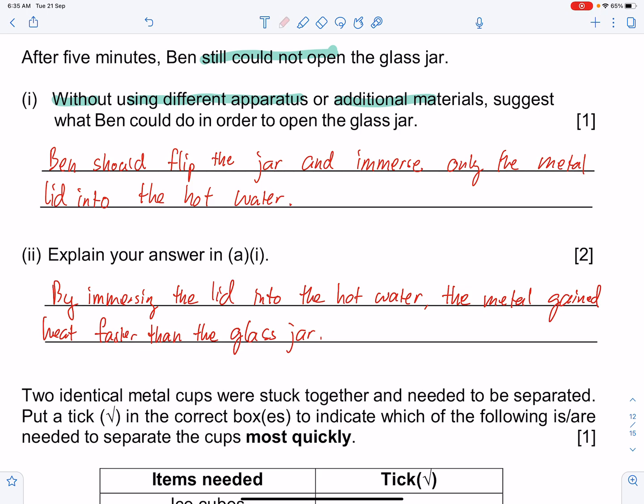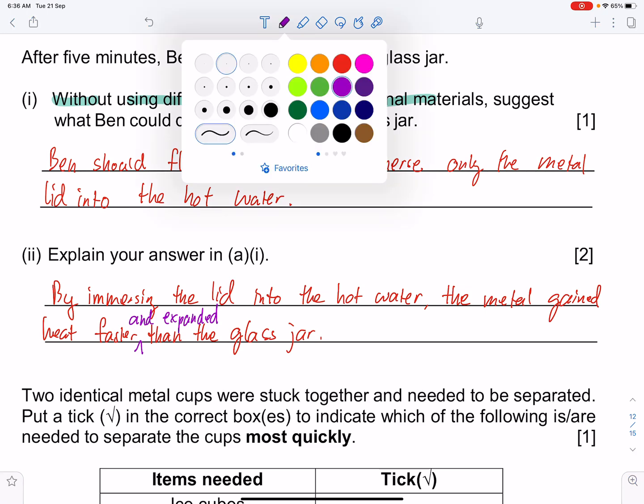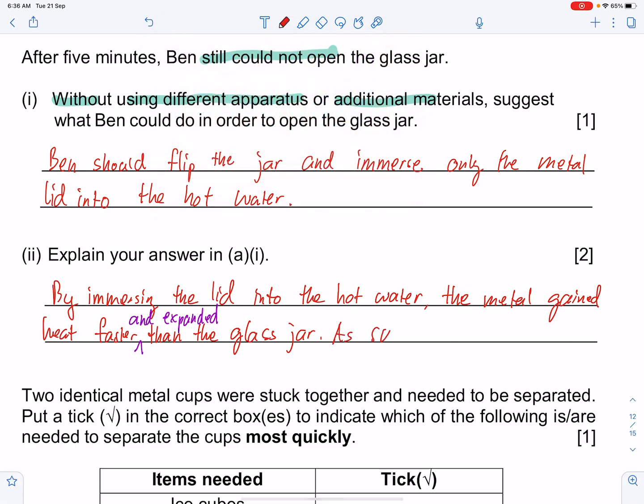Okay, sorry, can I just add one point here? It gained heat faster and expanded faster than the glass jar. As such, the lid loosens,